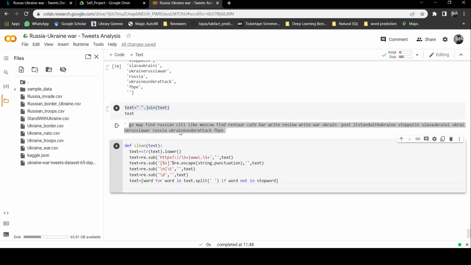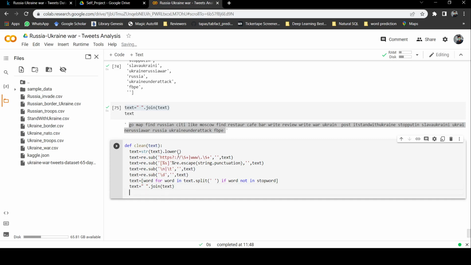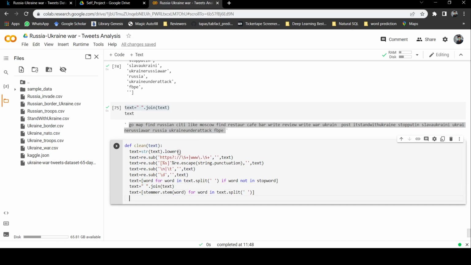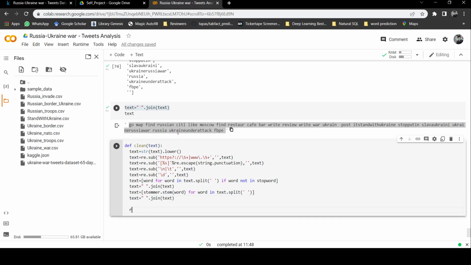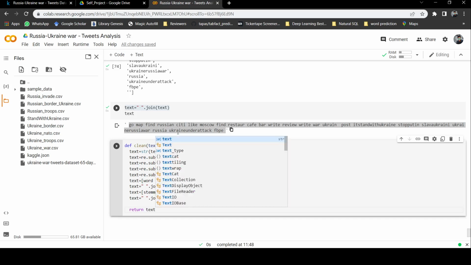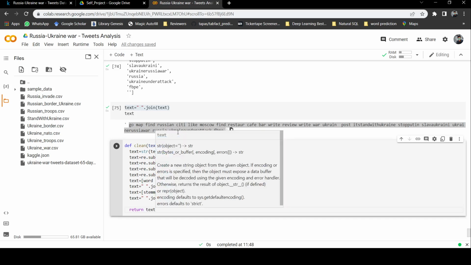After removing the stop words, again we have to join it. Then we do the stemming process, then again join it, then return it. Okay, that's the function we require here. Now let's